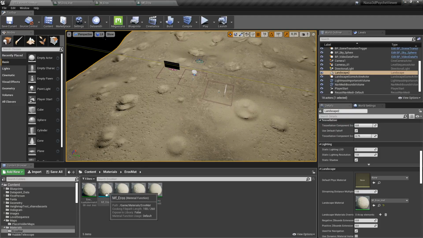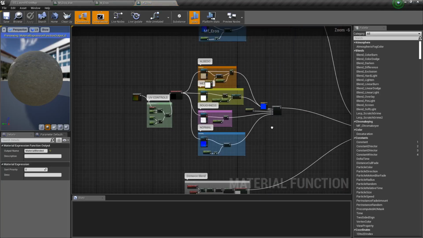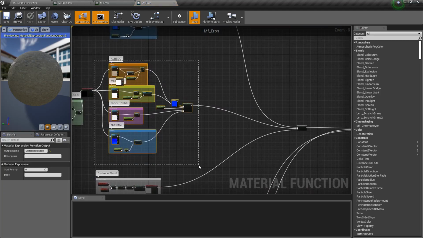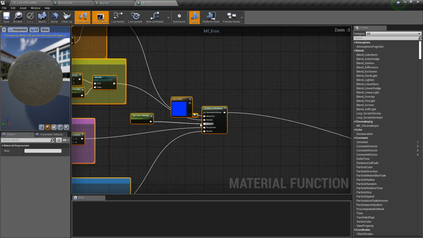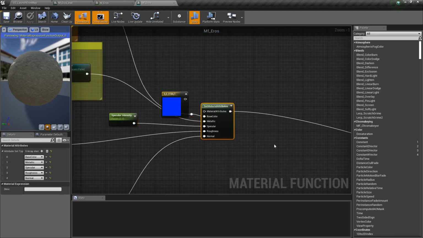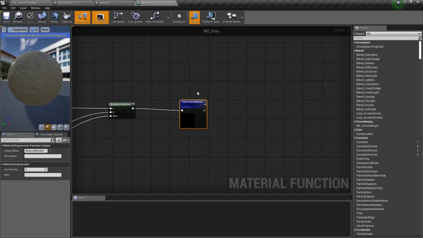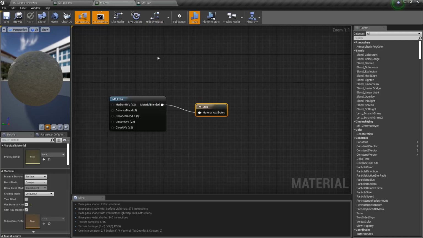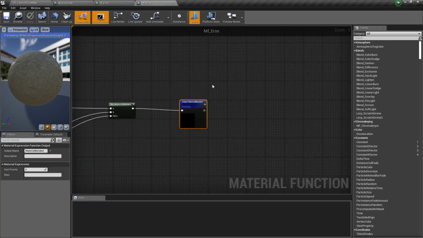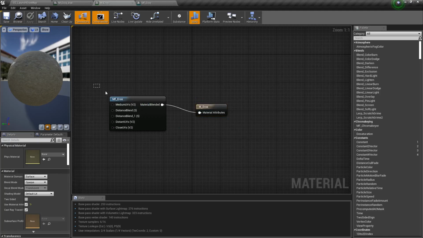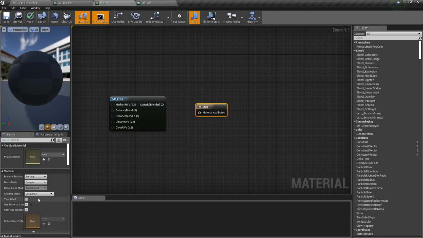So I took that material and made a material function, which is going to be basically what he has, and that feeds into set material attributes, which is going to go into his output. I don't really understand stuff, so it doesn't really matter if you do either. Here's a regular material that was a material function. It lets you add all kinds of inputs and outputs just like any code function. A regular material grabs that function, goes into our output, which would normally look like,